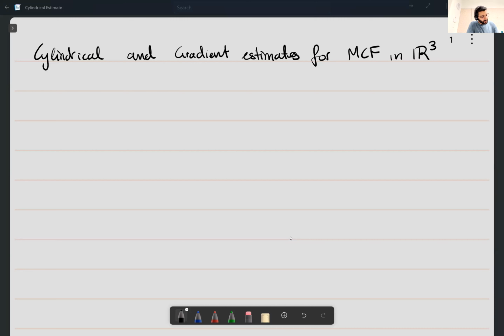So what I will do is I'll prove these two estimates over the next 2 weeks or so, and I'll maybe point out why it's necessary to do something different for surfaces in R3. So maybe let's start by recalling these two estimates that we proved earlier in higher dimensions. So we had the cylindrical estimate